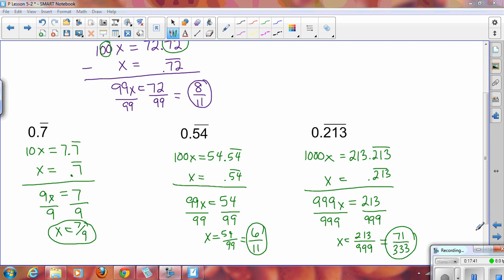Okay, how'd you do? For 0.54 repeating, you should have gotten 6/11. It's originally 54 over 99. They were both divisible by 9. For 0.213 repeating, you should have gotten 71 over 333. It was originally 213 over 999, but they are both divisible by